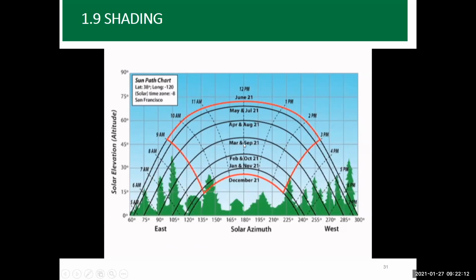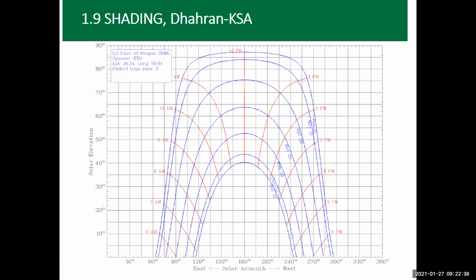I tried that last night. I went to that site at Oregon State University, and then I put the latitude, the longitude, and the time zone of Dhahran here in Saudi Arabia, which is basically +3. So I put the latitude, I think 26.4, and the longitude, which is about 50. I put it there, and I got this figure to represent